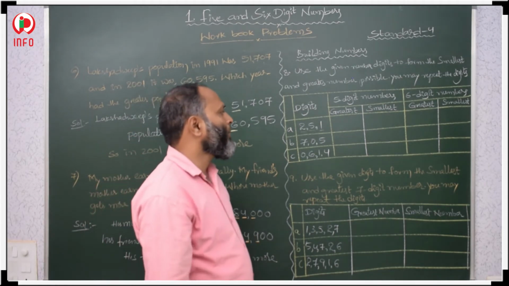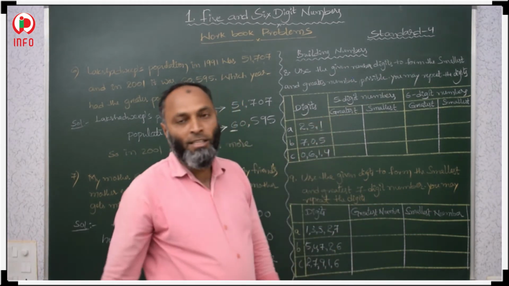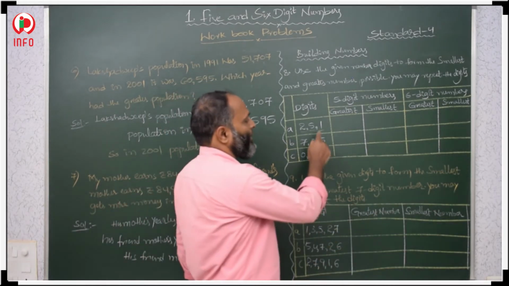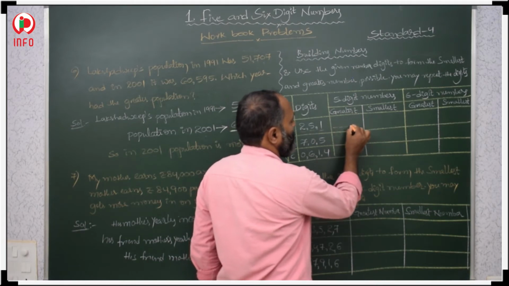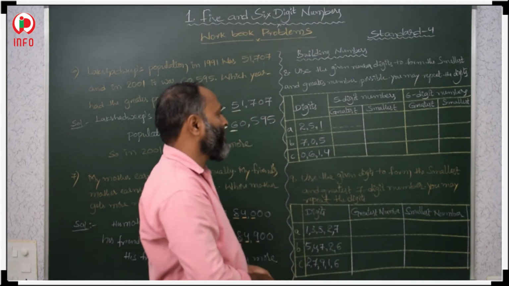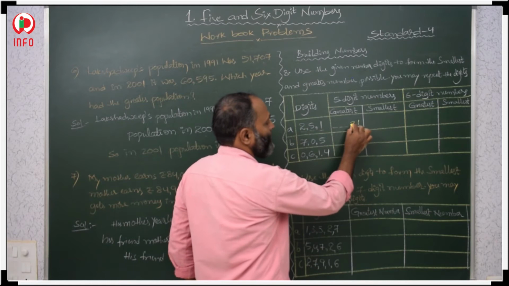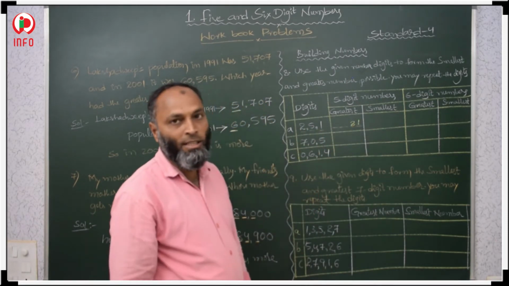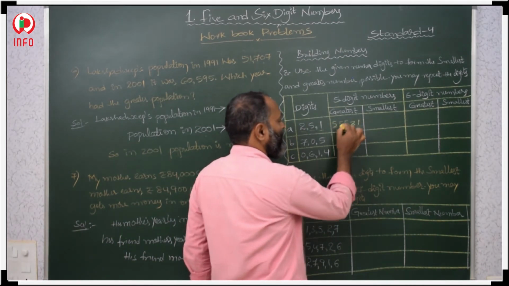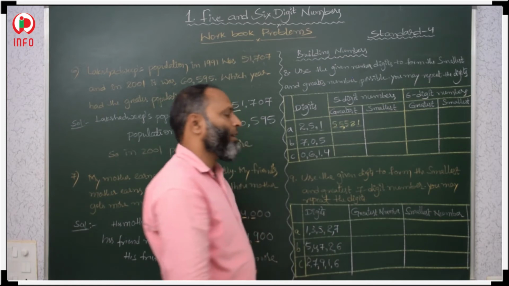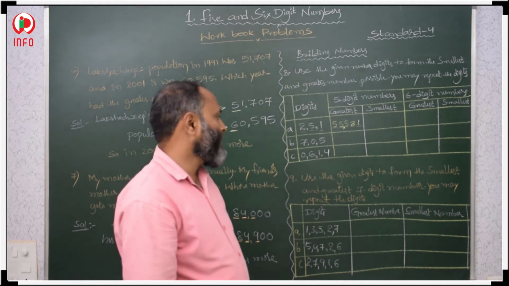First, for the greater number, which digit is greater? Here the digits are 1, 2, 3, 4, 5 places. In these, you take the smaller one last, then a little bit bigger, 2. Then what is left? 5 is left, that is the biggest, and you take it 3 times: 5, 5, 5. In this way we can prepare a greater number.